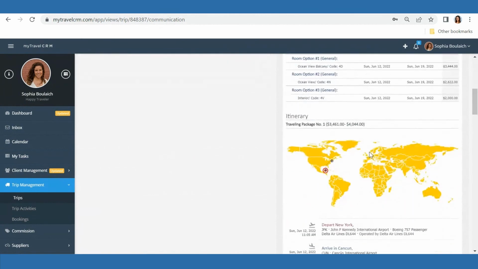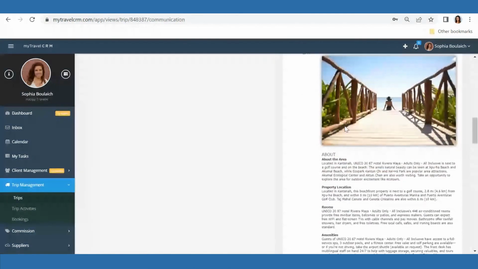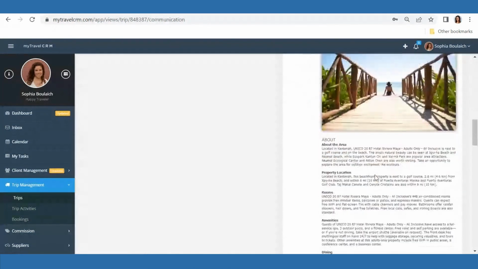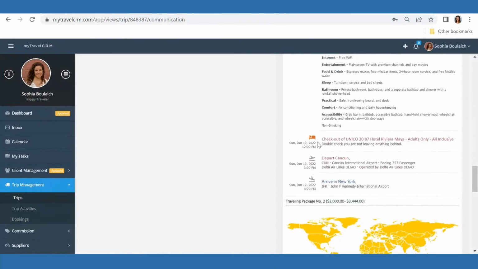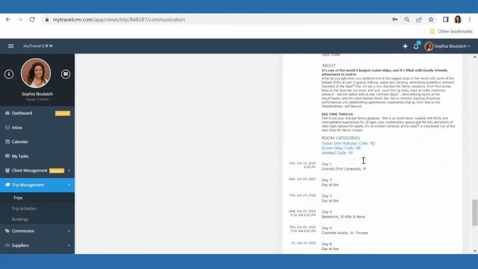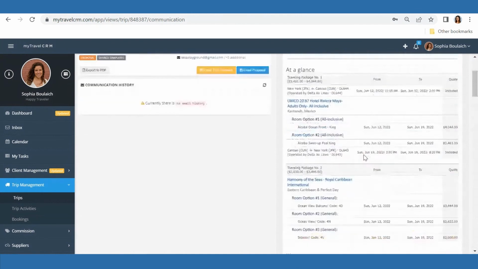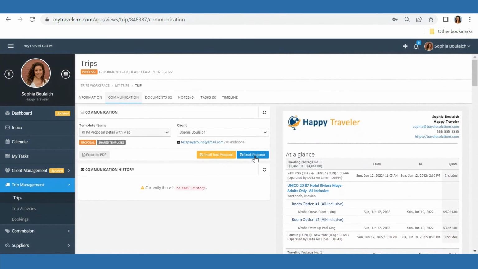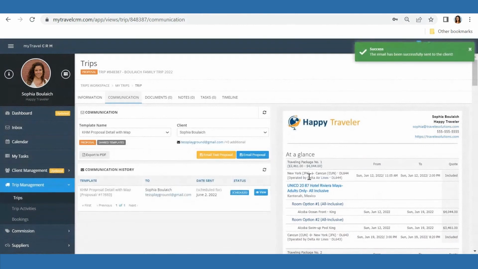And then as we continue to scroll, it shows the first package option with a nice picture of the resort that they'd like to stay in, some room options. Okay, their checkout and then flight home. And then as I continue, traveling package 2 shows up with the full itinerary of that cruise. So 2 really good options there for my client to choose from. I can email it straight from here by clicking this blue button and sending that email. Okay, so that's how you can send a proposal